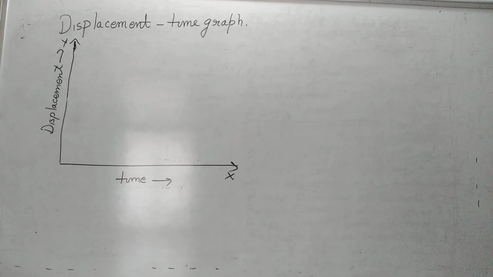Now as you can see in displacement time graph, what is the first important thing? Time is always represented on x-axis and displacement is always represented on y-axis. This is the first important thing. So if you make it other way, everything is wrong. So first of all, axis must be clear. For displacement time graph, time is on x-axis and displacement is on y-axis. Now we will be studying different types of motions and how they can be represented on this displacement time graph. We are studying only one type of motion, that is one-dimensional. Under that, the different types we are studying.